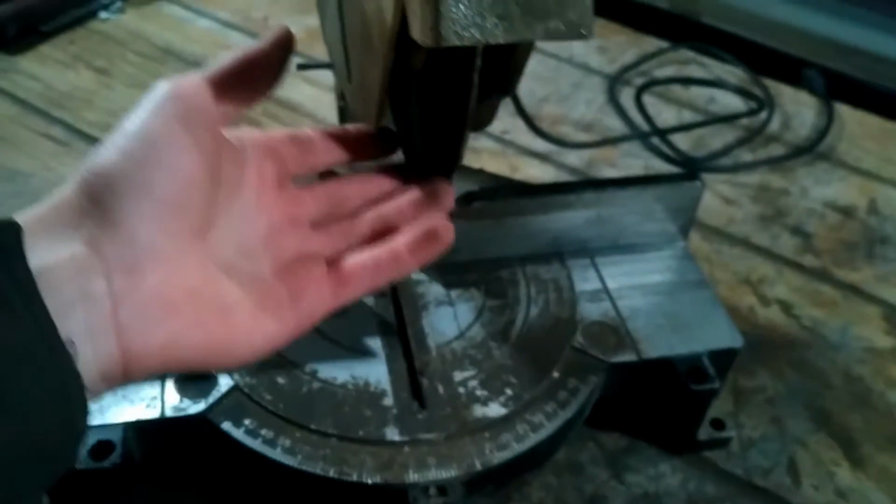So there you go. Now you know how to convert your wood cutting saw into a metal cutting machine. So $5 of material, 5 minutes of time, and you have something that will cut incredible amounts of metal at